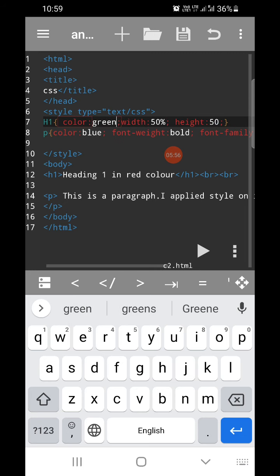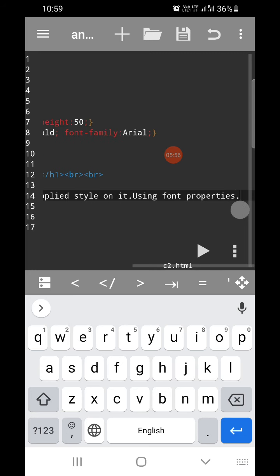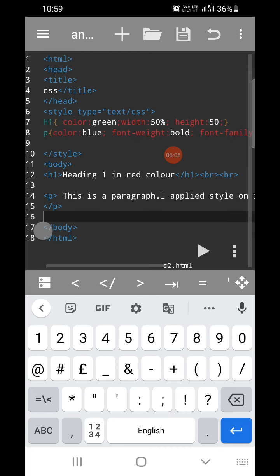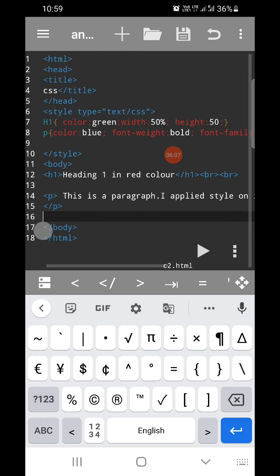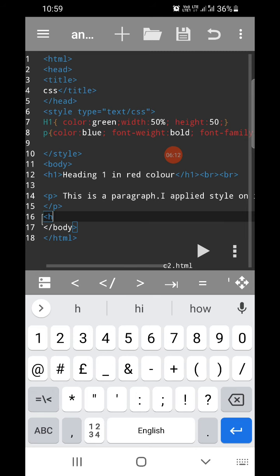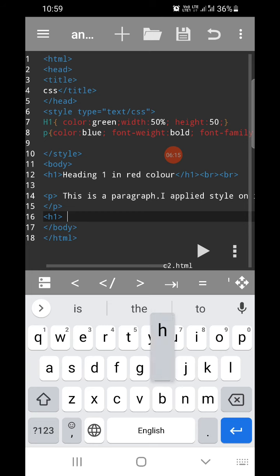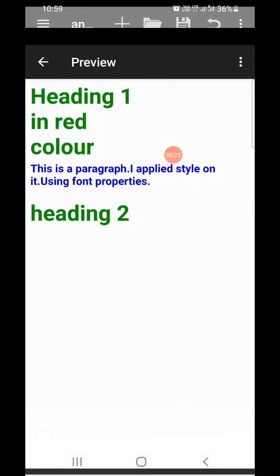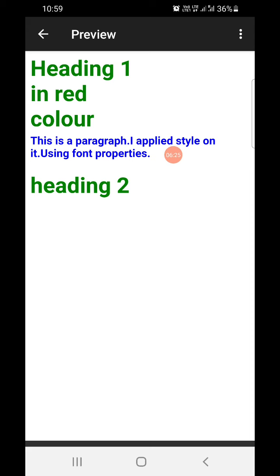And if you want to use a heading 1 tag again, you can simply use it without worrying about the styling. You can use it a hundred times. You can simply write h1, heading, suppose I write 2. Now if I run, you will see the same formatting applied on this also.